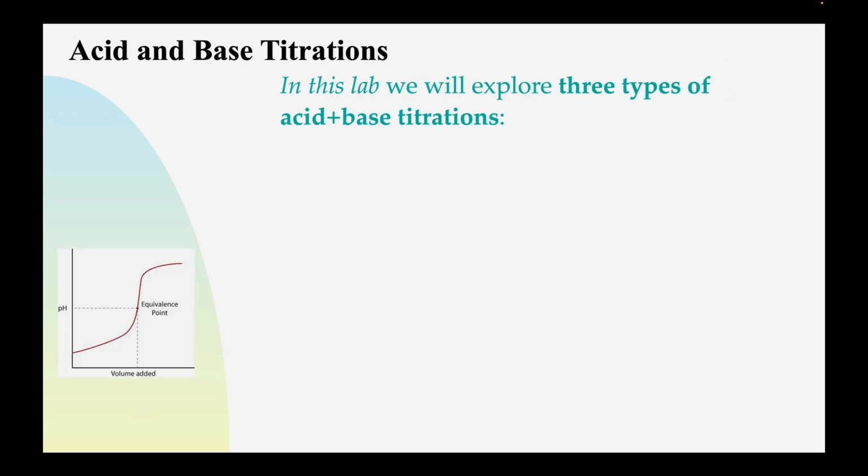In this lab, there are going to be three types of titrations, and at the end of this, you'll be able to figure out what kind of acid and base titration you have based on the data that's presented. The first is a strong acid plus strong base titration. You're going to start with a hydrochloric acid solution and slowly drip in sodium hydroxide from the burette. The graph in the lower left would then show an equivalence point,